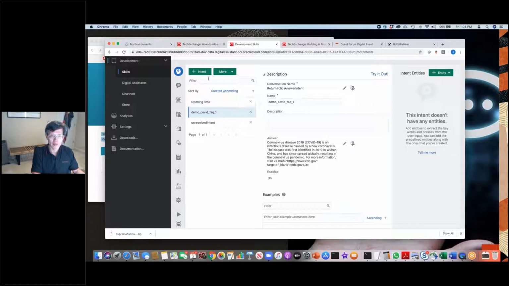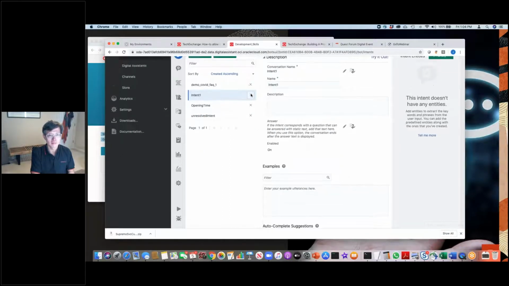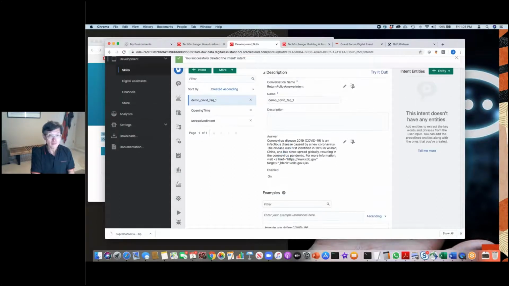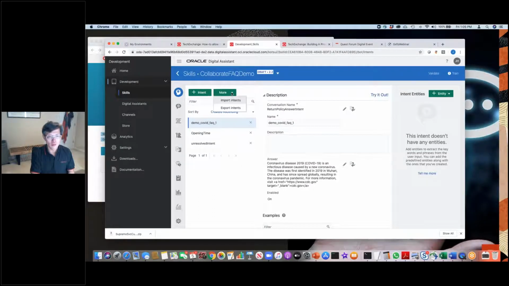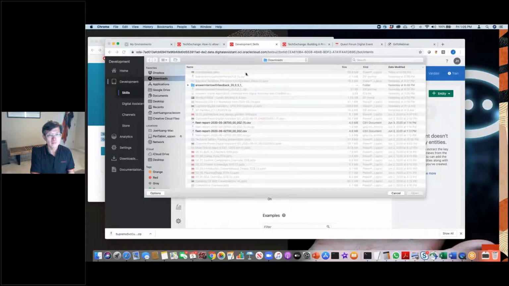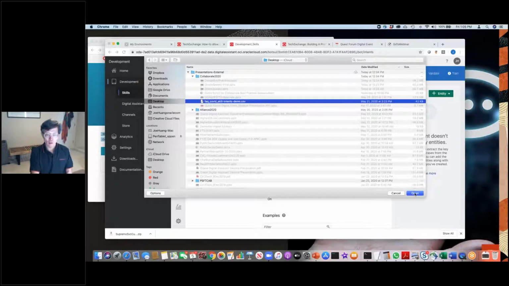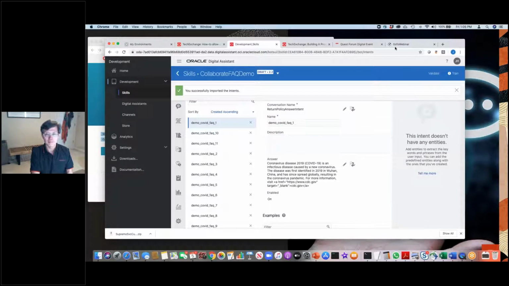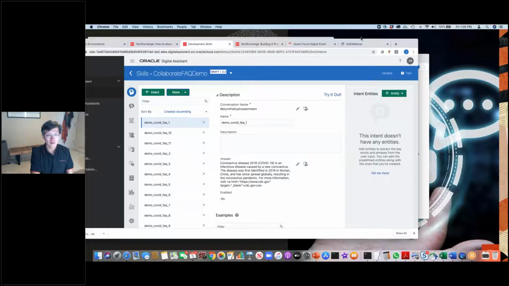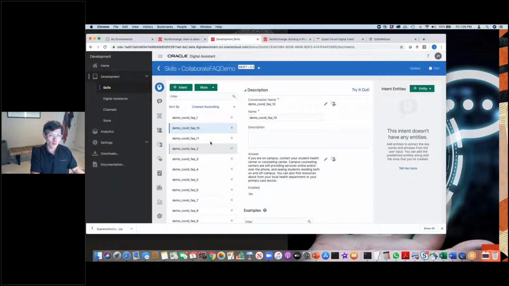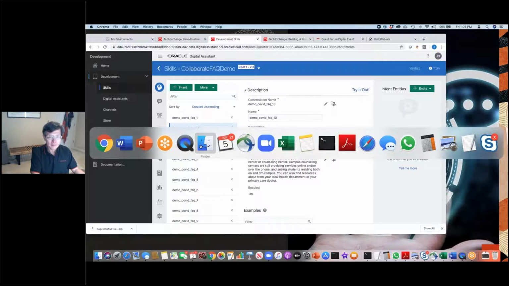In the interest of time, you can also author these questions and answers ahead of time in a CSV file in a certain format, and then just import that. So what I'm going to do is import a previously authored CSV file with a bunch of questions and answers. That's it. And I can show you the format very quickly. It's just a CSV file containing a list of,